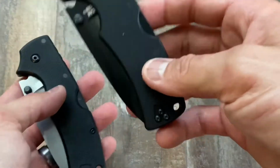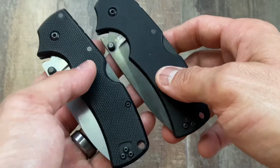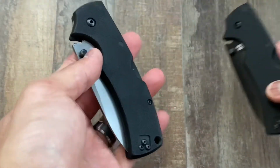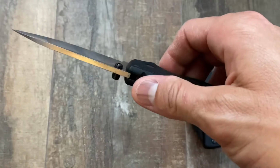This is AUS8A, and this is S35VN. If you are a steel junkie or if you rely heavily on steel performance, this is probably a better match for your needs. However, let's begin with the AUS8 version because it tends to be a little bit more